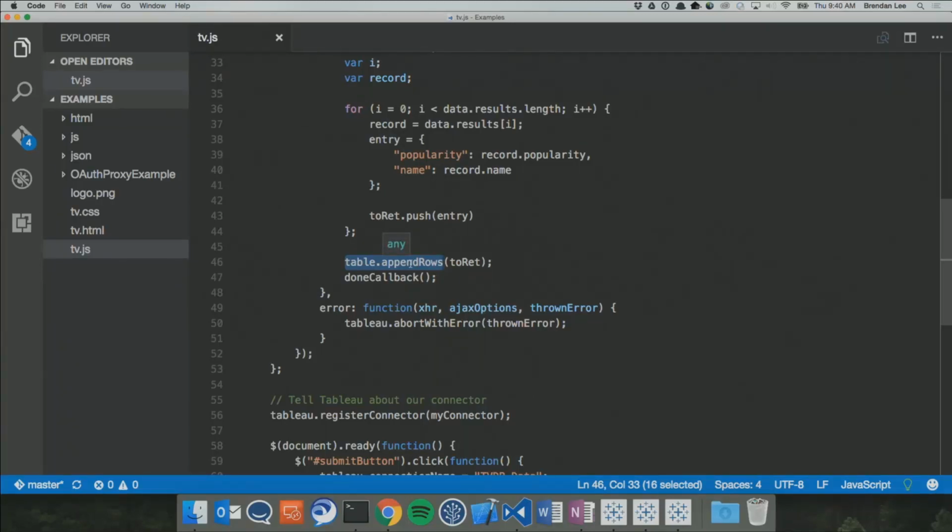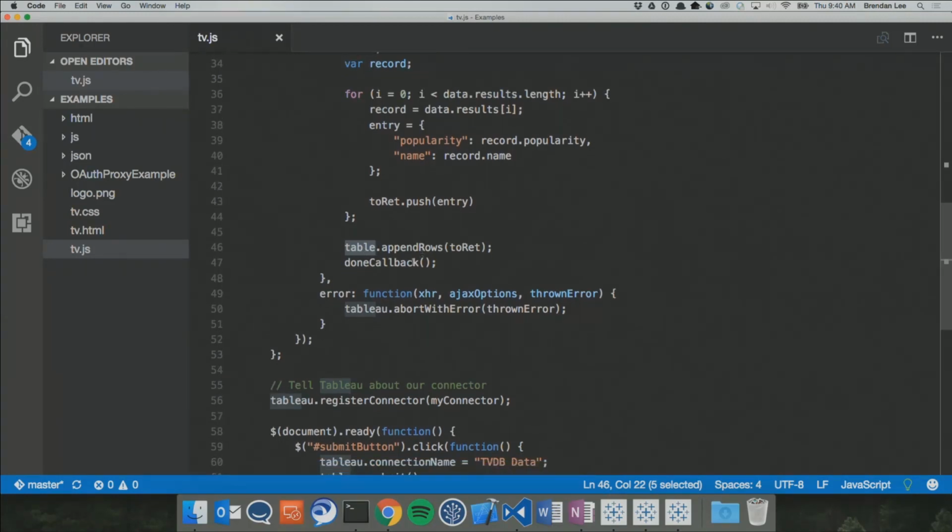So all this is doing is saying, hey, here's the information I got for this table. Take it. The nice thing is you can call this function as many times as you want. Perhaps you want to do some pagination with your REST API. We don't care how much information you send back through that call. It can be however much you like. As soon as you're done giving Tableau information, you just call the done callback. And that just signals to Tableau, hey, I've gotten everything I want. You're ready to finish up, get the user into their analysis.